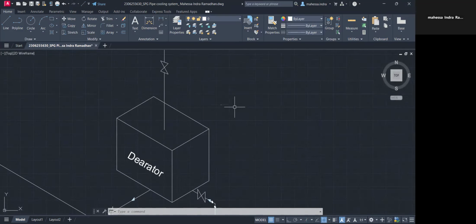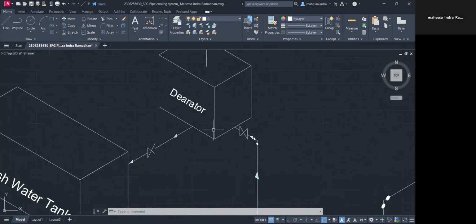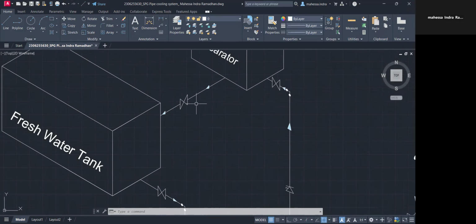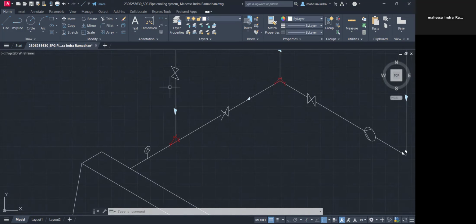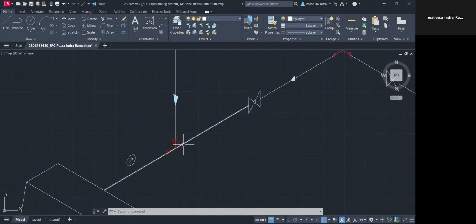The deaerator is used to pump out oxygen inside the fresh water to reduce the risk of corrosion inside the pipe system. Then it flows to the freshwater tank, where the freshwater is kept in storage, and flows from the top to the bottom. At the bottom, the fluid will meet the three branch pipes